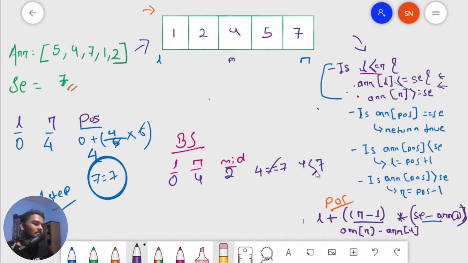So now let me go a little bit deeper into it and let me tell you why we sort, and you'll understand now. As we have sorted this, how this helps us is that the 7 is greater than this middle element 4, so obviously, as it is sorted and 7 is greater than 4, 7 must lie on the right side of 4, right? Because it is sorted. So the sorting gives us the location, or the most probable location where the element could be according to a particular position, right? So as it is on the right, it is somewhere here, right? This is what we know now from the algorithm. So it is somewhere here.